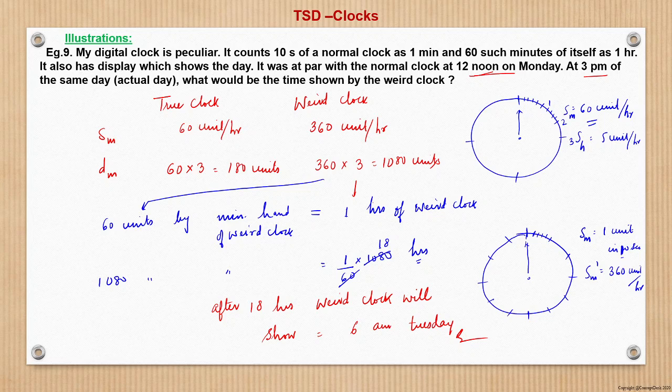It is pretty simple. I have taken this through the basic concepts here. Otherwise, using the unitary method also, this can be easily understood, but that may not be the best approach. This is the best approach, which actually drives the timing being shown by any of the watches, because in some problems it may not be a regular watch; it may be a semicircular watch, or watches where the speeds of the minute hand or the hour hand are different. So in that case this concept will be useful, right?